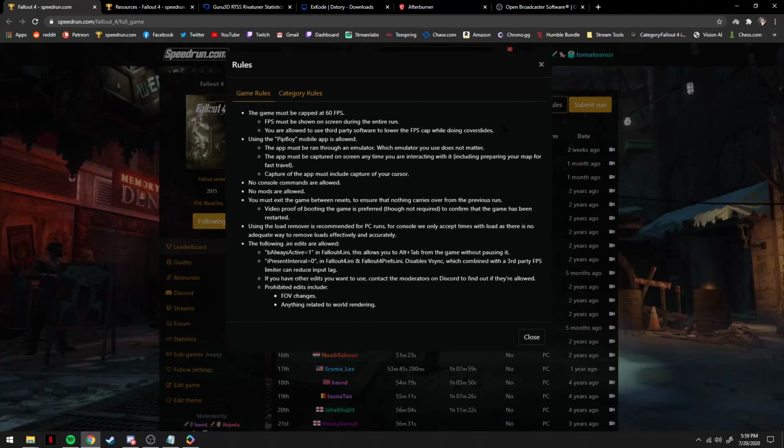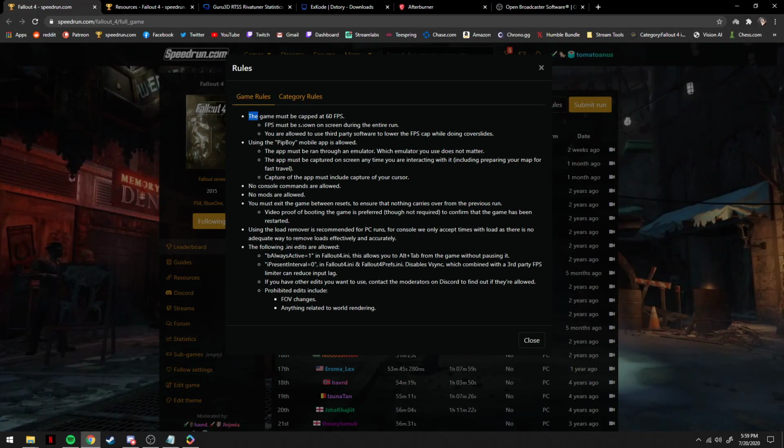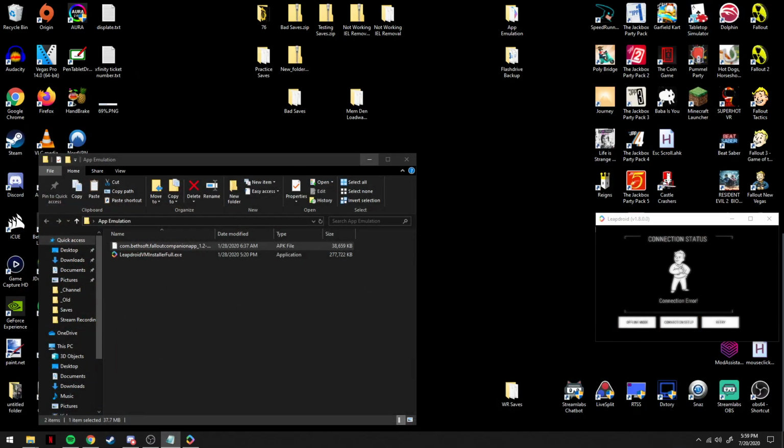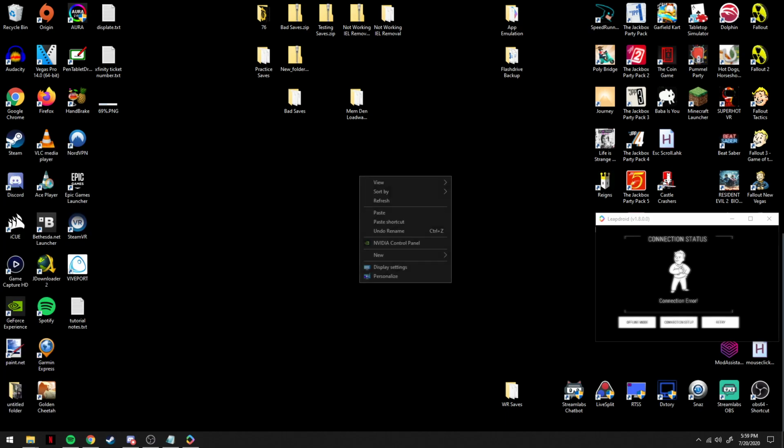The next thing we need to talk about is the game rules. The first rule: the game must be capped at 60 FPS. FPS must be shown on screen during the entire run. You're allowed to use third-party software to lower the FPS cap while doing cover slides. The reason for this is that the game runs at a higher FPS when you are,